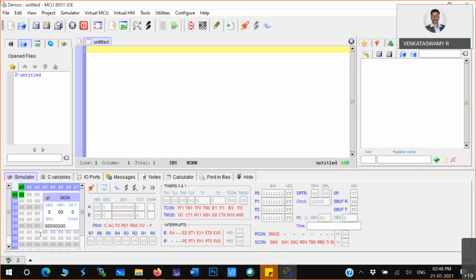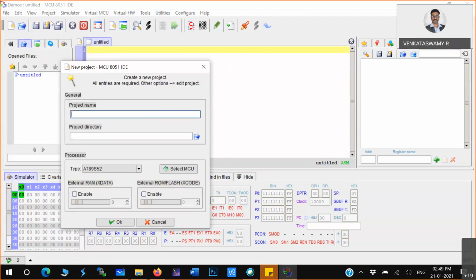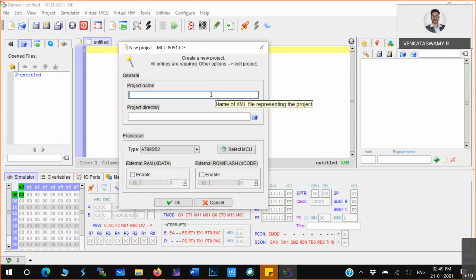So, the procedure to work on this particular IDE. Hope you people are following. You go to Project and click on New, then you will get this dialog box. Write something like E632 practical or lab, whatever your project name is.